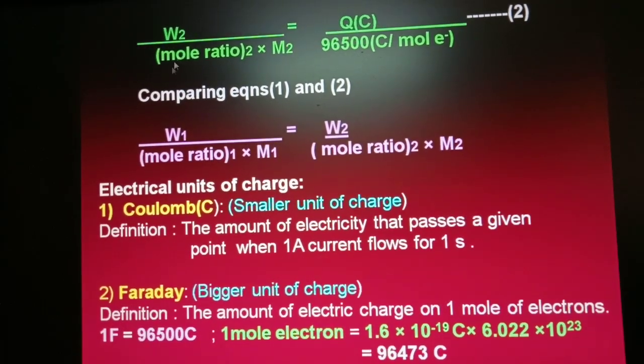So today you have studied the quantitative aspects of electrolysis. Although Faraday's first law and second law of electrolysis have not been placed in the new text, you should know about these laws, but learn the quantitative aspects in detail. Now, another two important points on the basis of which MCQs, that is multiple choice questions, can be asked. You should know what a Coulomb is. It is indicated with capital letter C.